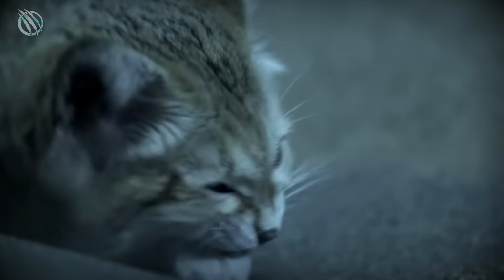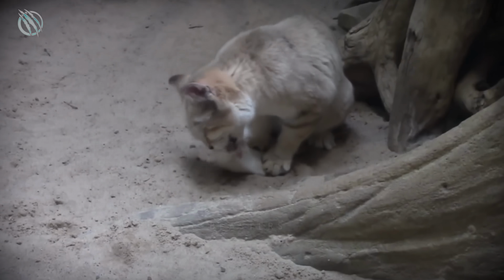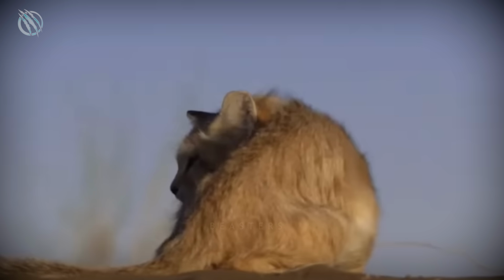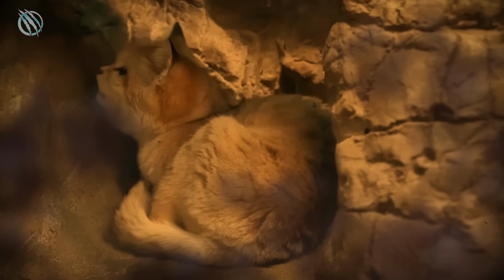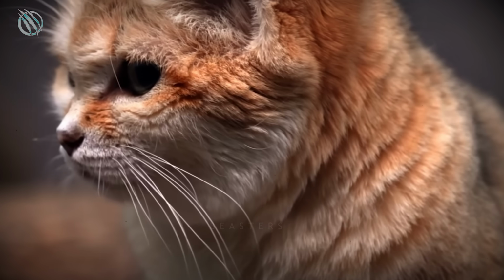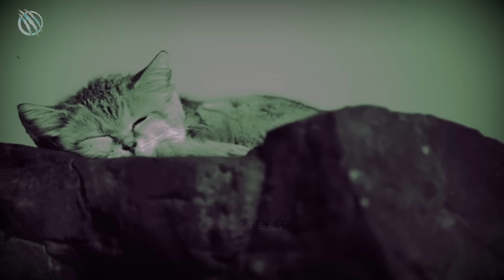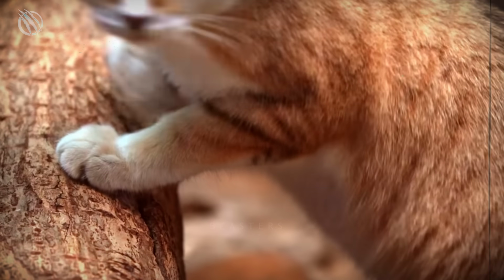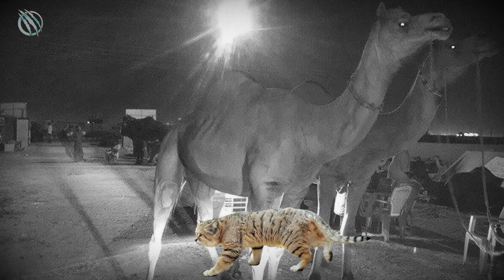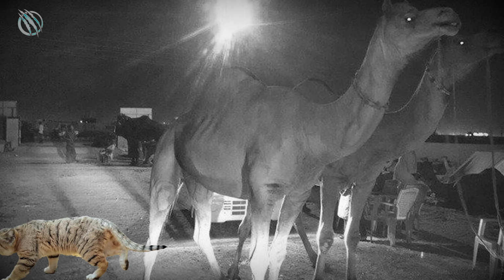Typically, after capturing their prey, sandcats consume it on the spot. Yet, if they happen to catch more than they can chew, they bury the remains for later consumption. Given their arid and harsh environment, the issue of water scarcity arises for many species. And yet, sandcats once again have ingeniously adapted to this challenge. Over numerous generations, they've evolved to thrive without the need for drinking any water, obtaining all their necessary moisture from their prey. However, there have been reports from local communities of sandcats visiting their camps at night and drinking fresh